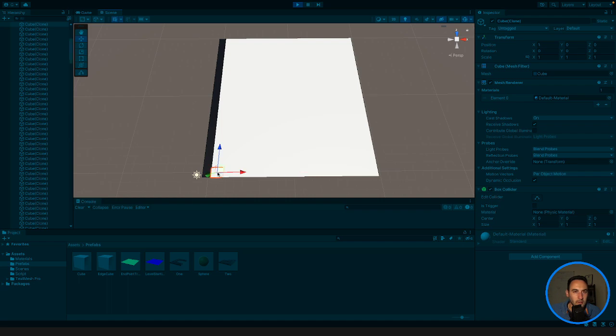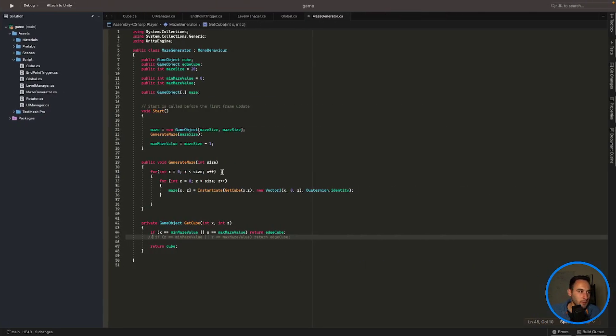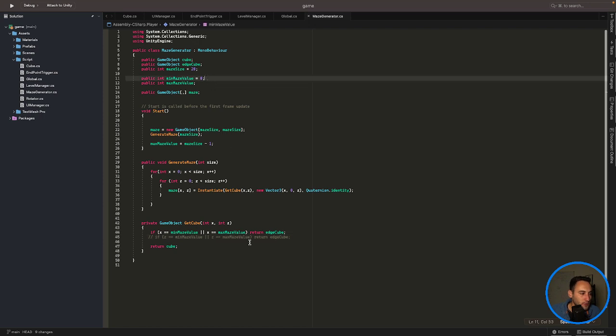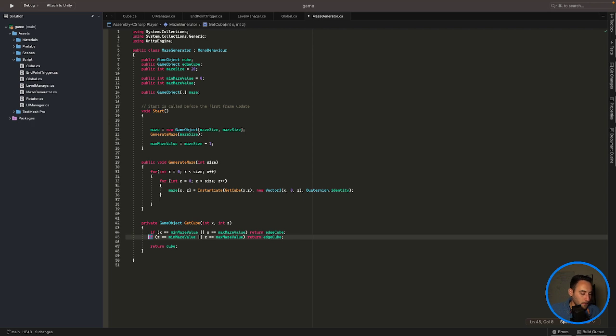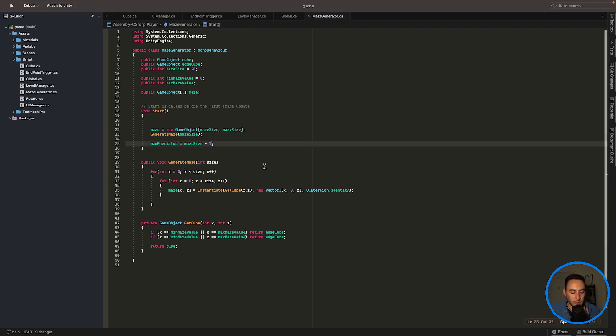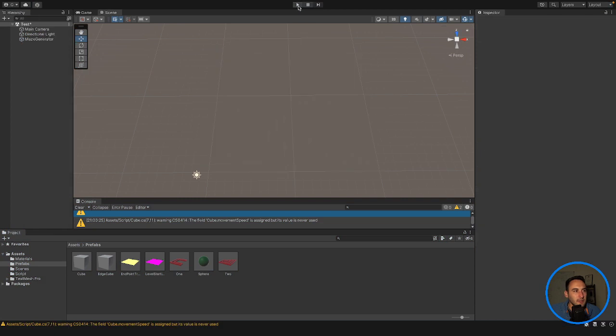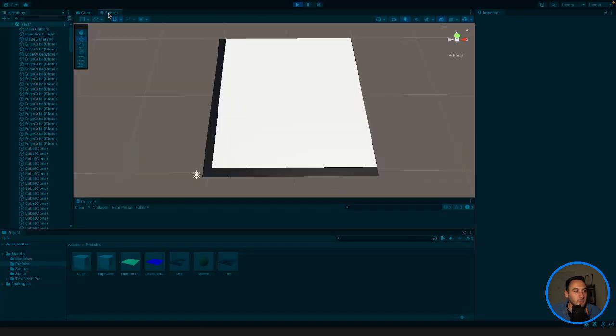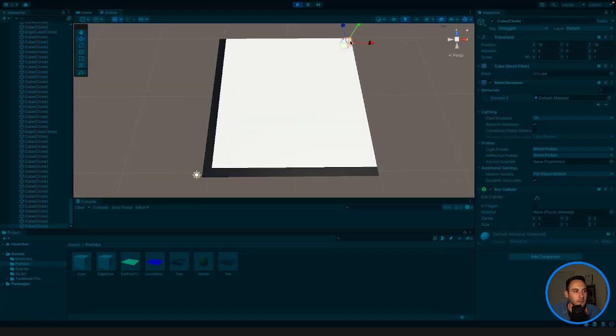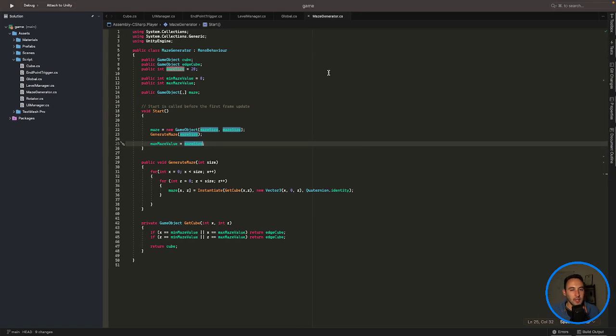But the Z is also on 0. So that's a bit strange. So we can go and uncomment that. Save that. Let's just get rid of our -1 quick and see what happens if we save that and then go and play the game. Do we get any different? No, we don't. Okay. So that's a bit strange,